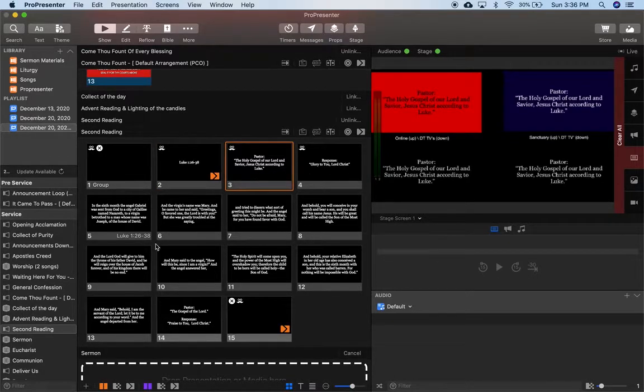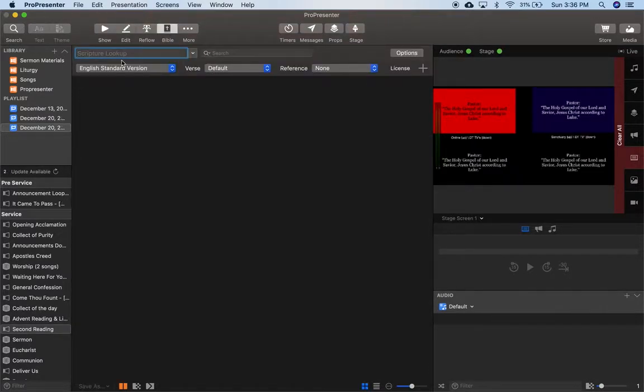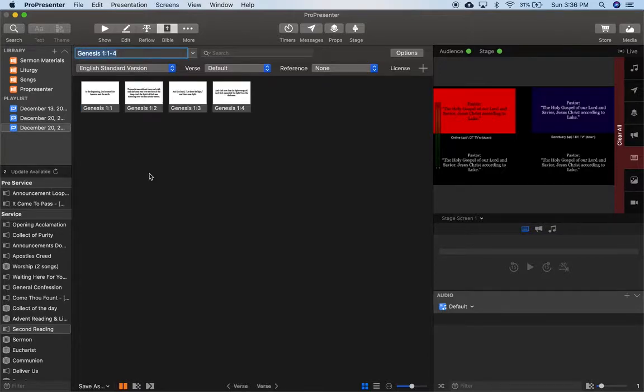And then, of course, I think I've already gone over this multiple times, but to get Bible verses, you want to come in here and go to Scripture, look up Genesis 1, 1 through 4. Okay? You want to make sure that you've selected the English Standard Version, and that where it says verse, it says default. And so then you will